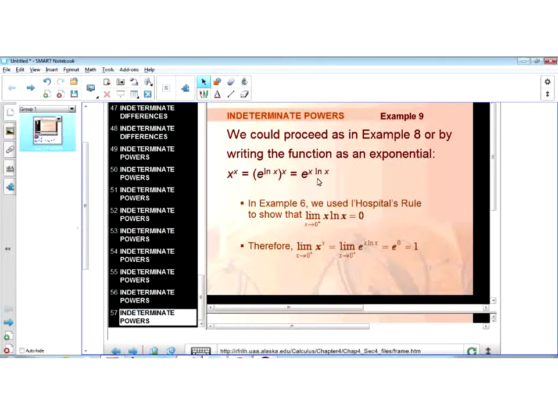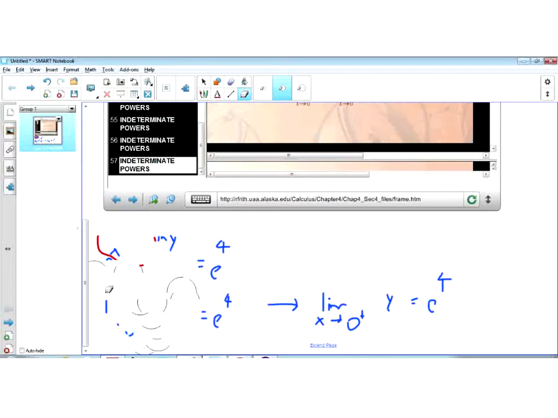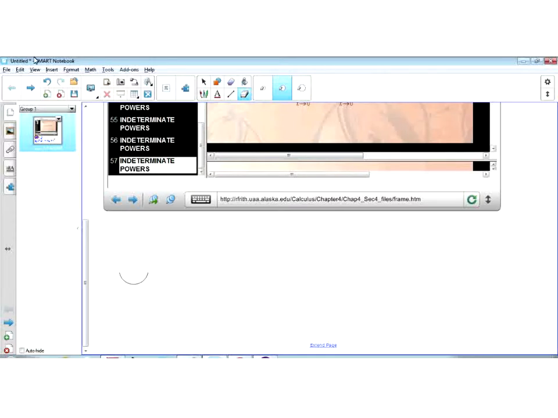Okay, so x to the x is equal to e to the ln of x to the x, okay? Right? Okay, so we readily see that. Well, it's not very intuitive the way they did it. So let me fill in some missing steps here using the exponential properties. Okay, so x to the x is equal to e to the natural log of x to the x, okay, which is equal to e to the x ln x,